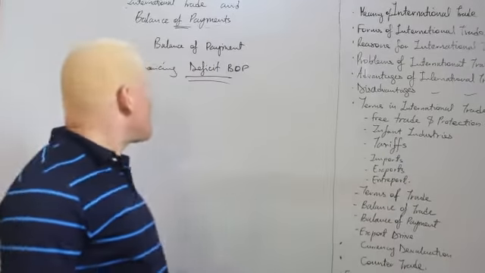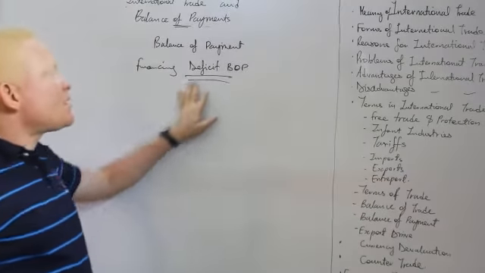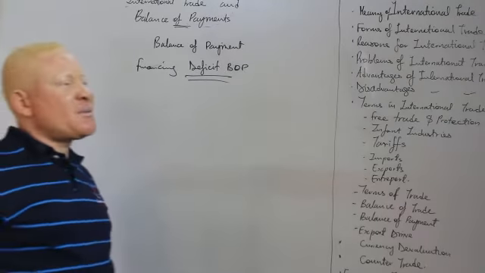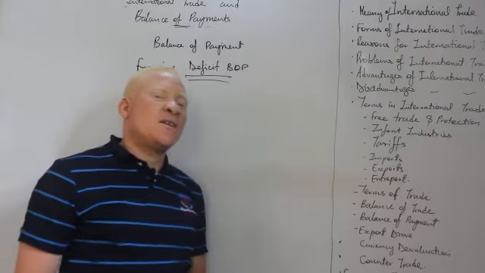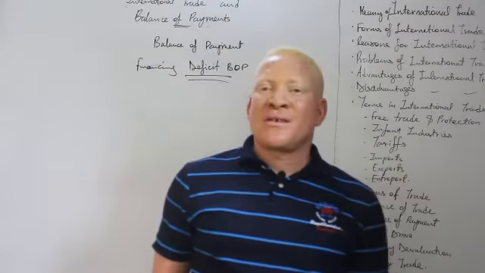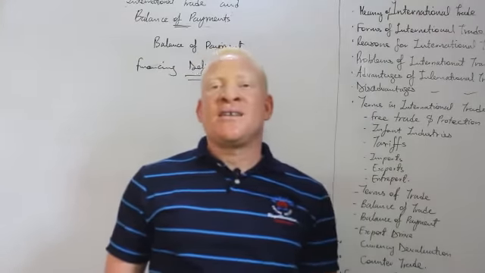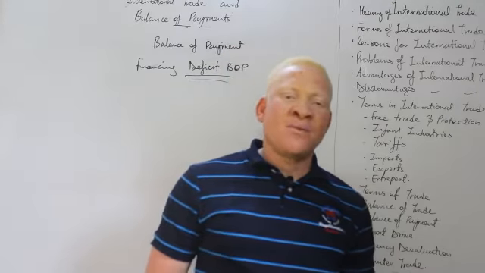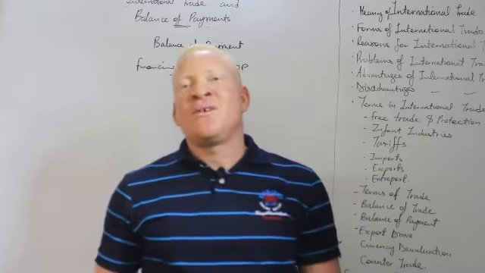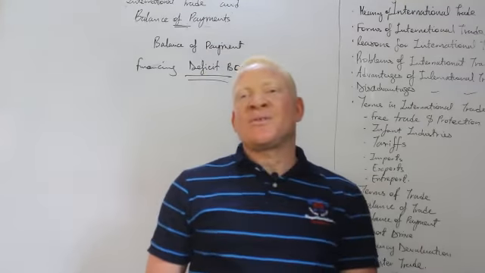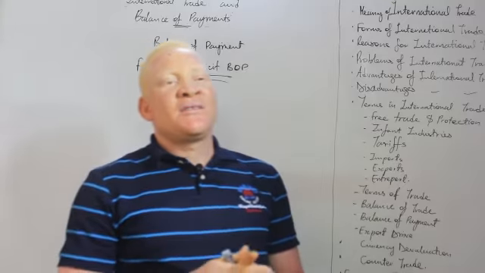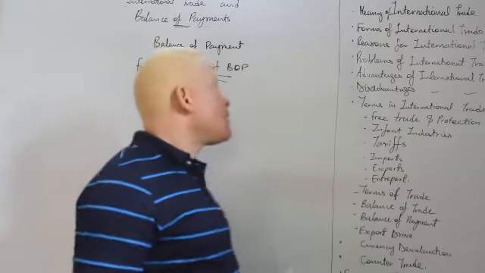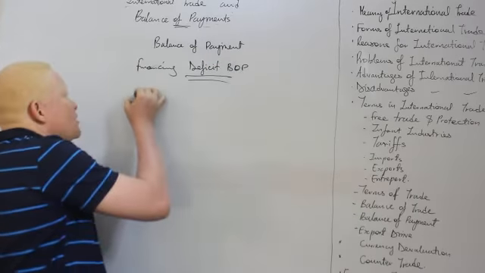So we are talking about what? Ways of financing a balance of payment deficit. Now, the balance of payment deficit, like we said before, is a situation where the export receipts are less than the payments on imports. So which means that the value of imports is actually bigger than the value of exports. Now, what is the way out? First of all, the country can